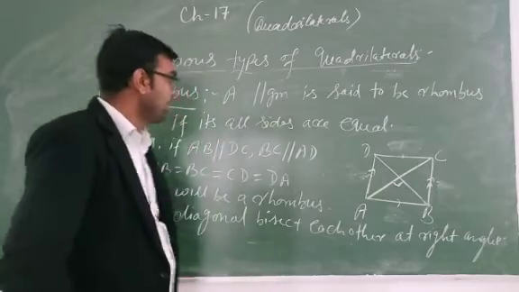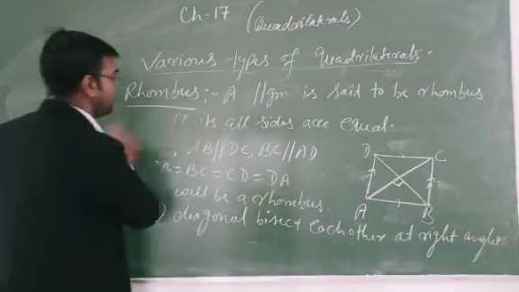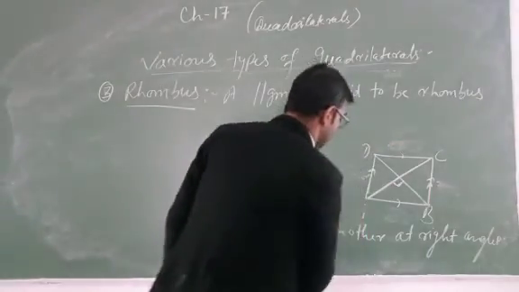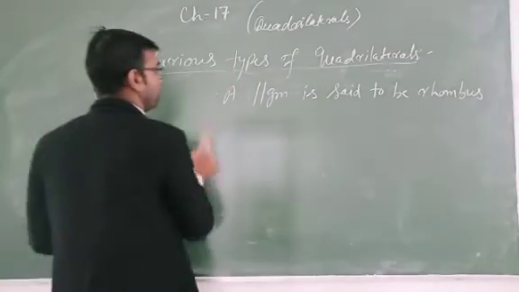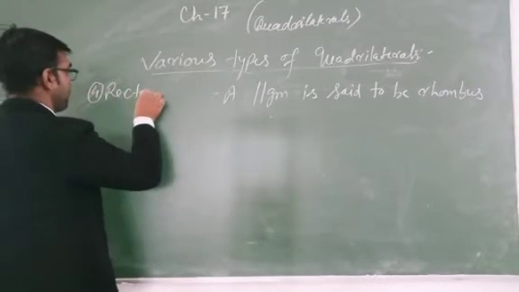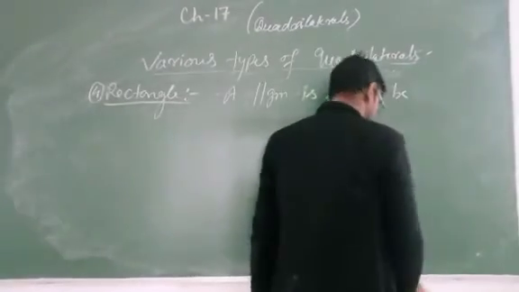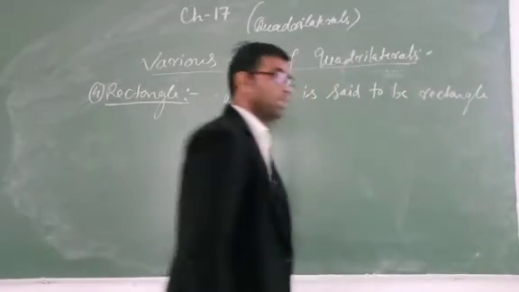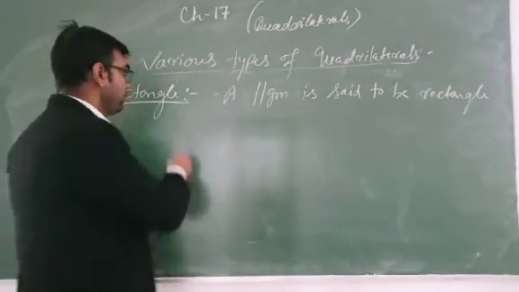Now the next type of quadrilateral. The fourth quadrilateral will be the rectangle. What is a rectangle? A parallelogram is said to be a rectangle if